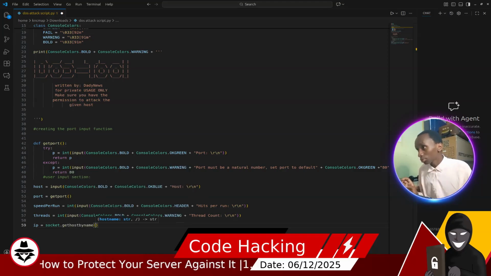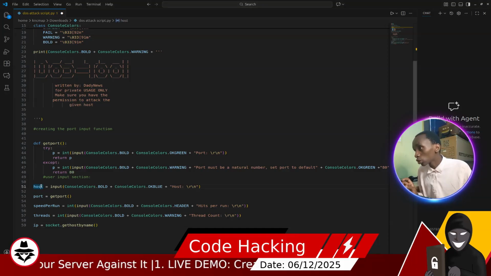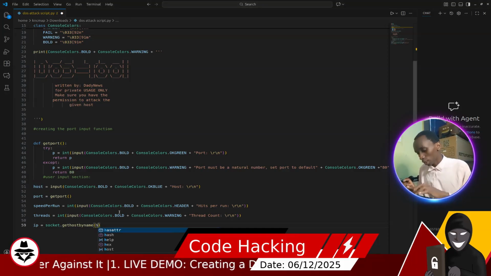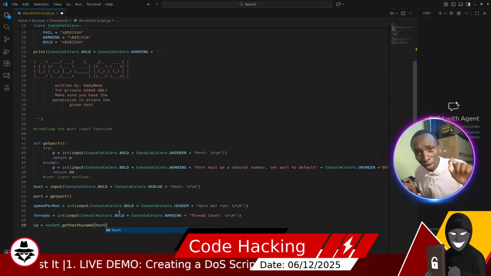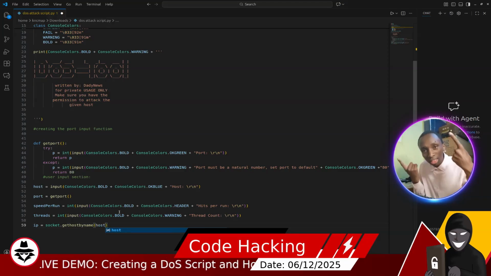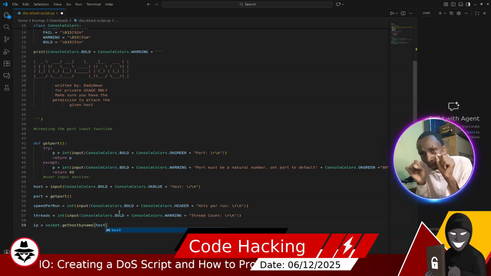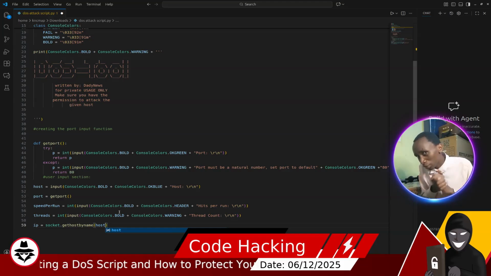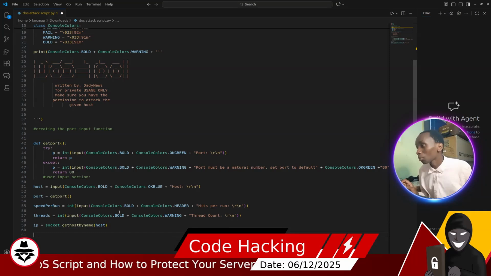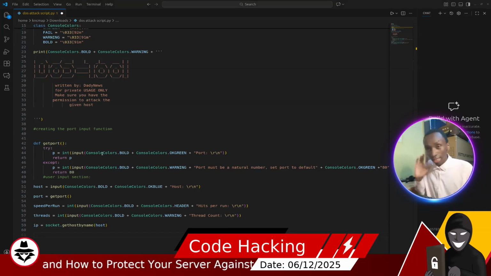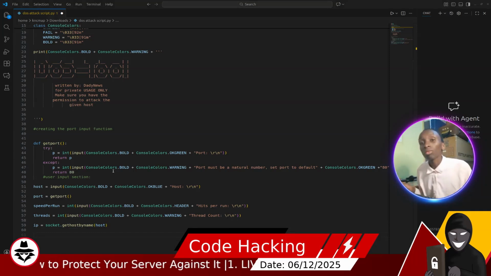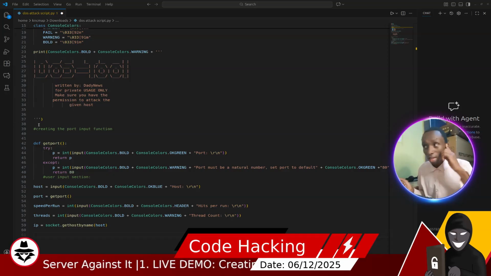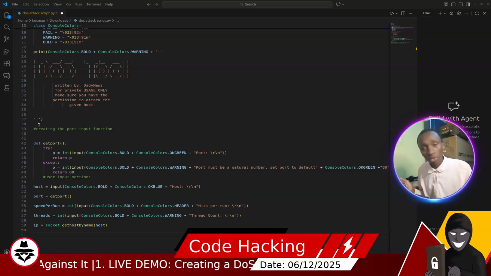And then inside it we shall now call this host variable that we had defined. Notice when you are calling a variable that you had defined, you don't normally make it a string because it's a variable. Just a tip. So that is how we resolve the domain address to an IP address. Next we shall then generate random bytes to send to the site